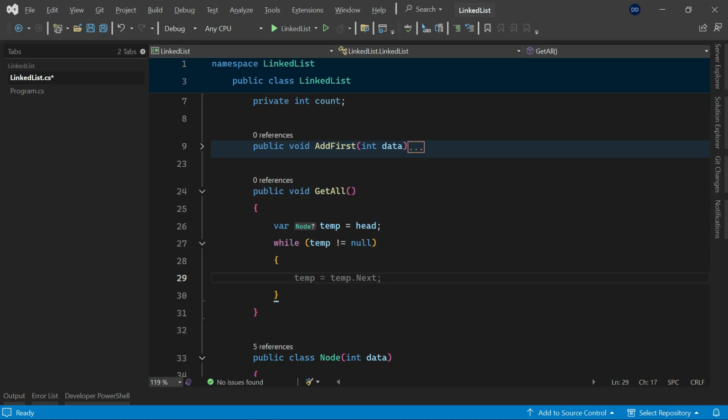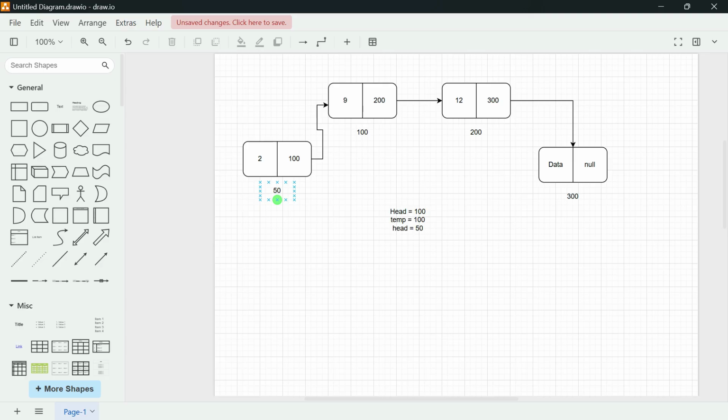And in our code, what we are doing, we are updating temp to temp.next. So by doing this, what is happening? You are here in the temp, you are having 50 and you print the 50. Now what you did, you store address of temp.next into temp. What you are having in temp.next? That is 100. So now in your temp, you are having 100. And from this location, you came over here. Now you print 9. You again did the same thing. You store into